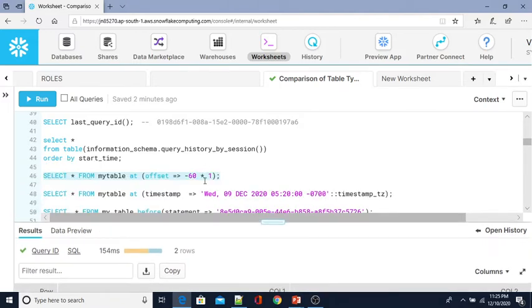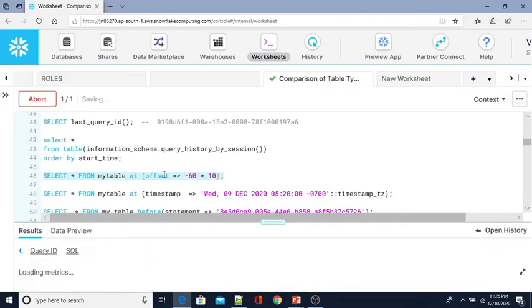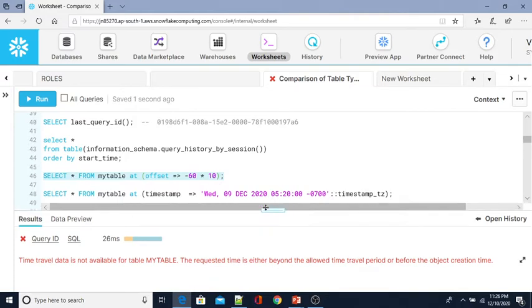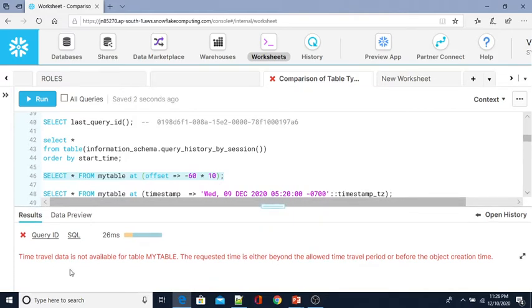Now let me execute the 10 minutes ago query. What will happen? See, this is the error. Time travel data is not available for the table my table.